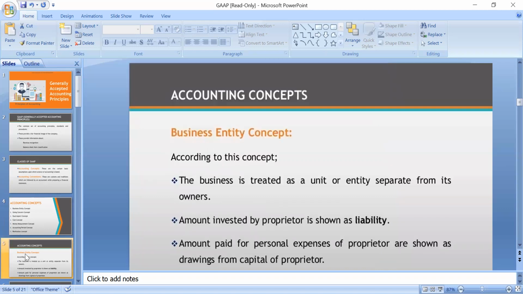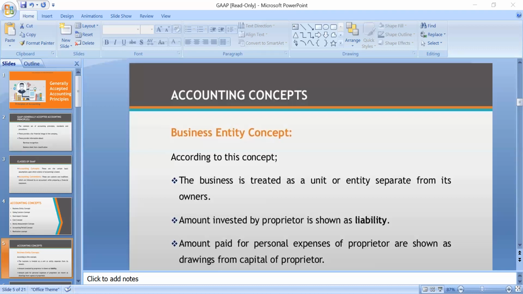So the first concept is the business entity concept, and according to this concept, business is treated as a unit or entity separate from its owner, and the amount invested by the proprietor is shown as a liability. Amount paid for personal expenses of the proprietor is also shown as drawings from the capital of the proprietor. So my dear students, the business entity concept is basically